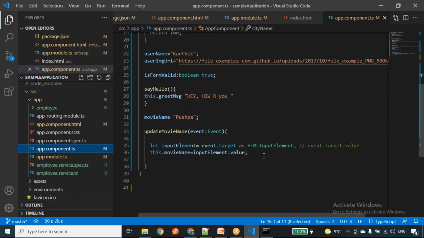Okay, sir. One more thing, sir. AngularJS is called an MVC structure, and this is called an MVVM structure, sir. Model to view, view to model, just because of this pattern. Yeah. Okay, sir.